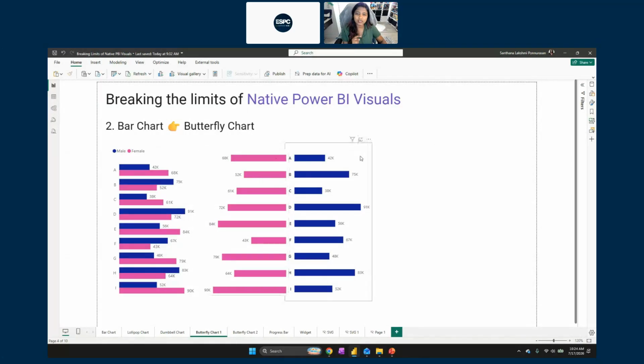Now, in the butterfly chart, there are a couple of things to note. One, you see how I have my product values in the center. I have my males on one side, I have my females on the other side. Quick drawback right here is this is made out of two visuals. So this is one bar chart right here, and this is another bar chart right here. So if you decide to change the sort order of a particular bar chart, you have to make sure that you change the sort order of the other. Else, it's going to give you a wrong value. I also have a workaround where you don't have to do this, but I'm just going to explain this for all of you.